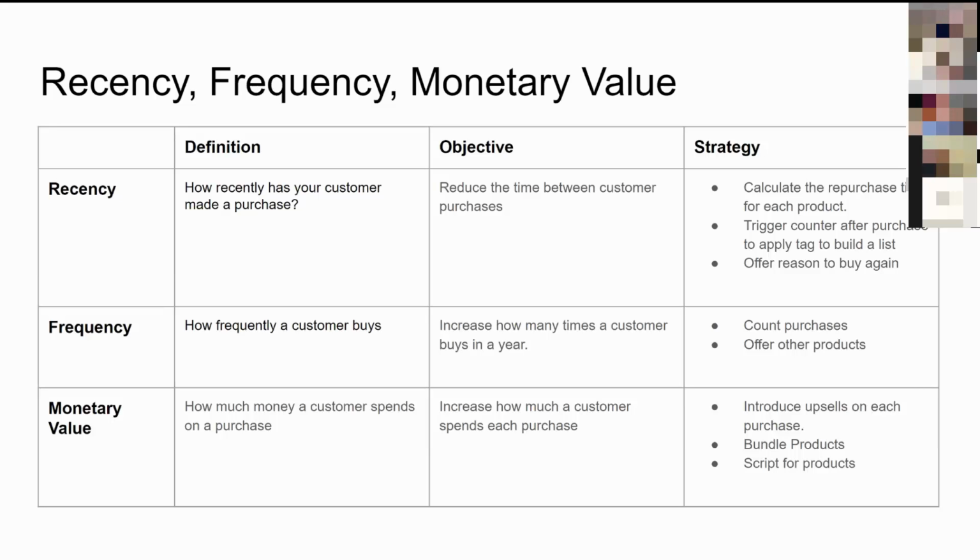How can I increase the spend that they put in their basket when they do come in? And if I can just nibble away at each of those three, then I'm going to have a significant impact on the business, because if I can get people to come in more frequently, pull forward the ones that haven't been in for a while, and increase the spend, then I'm much more likely to make more money from them.